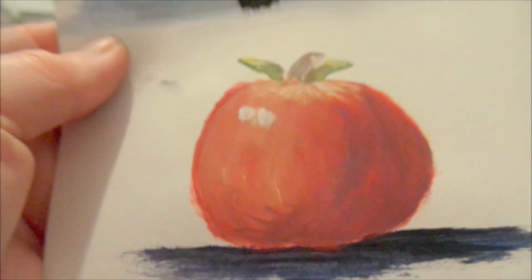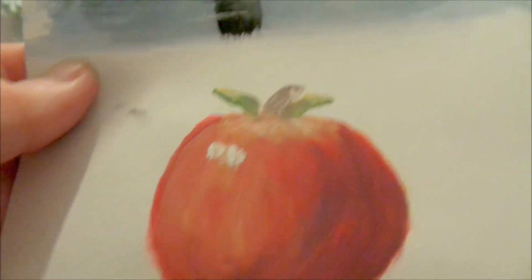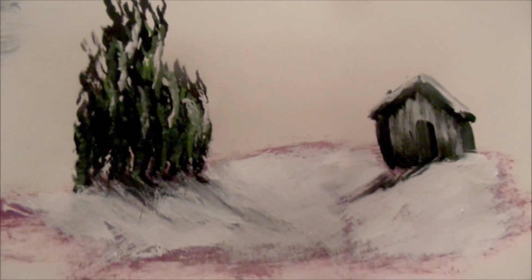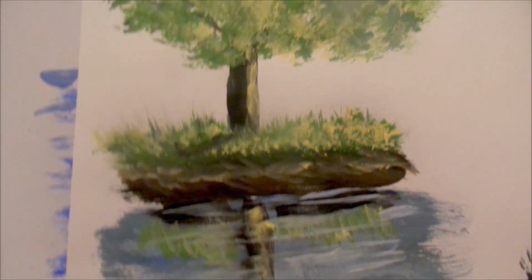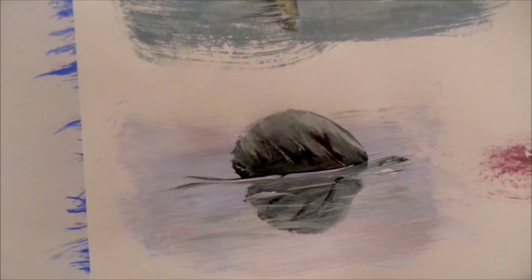Shadows, highlights, basic colors, reflections. Your apple, right? It's better than just red. Got a bit of a reflection there. So that's it. Hopefully that's a help for you. So there's your shadow with your apple. You can see all the details that I put in there are just highlights, reflections, and shadows on top of your basic colors. Okay, that's it. Have fun, and